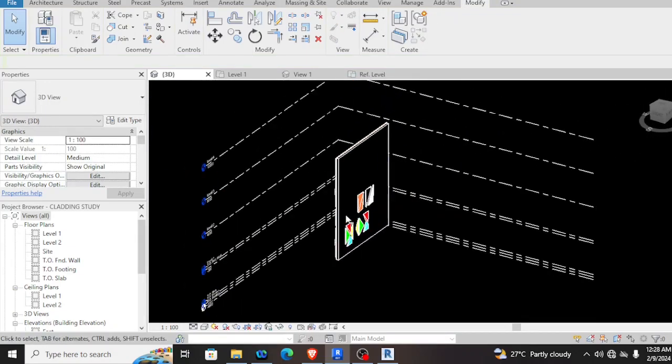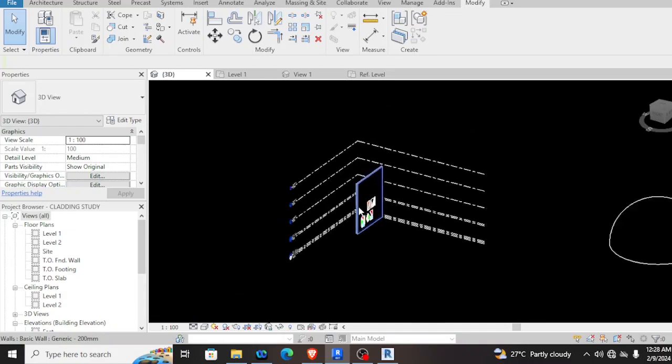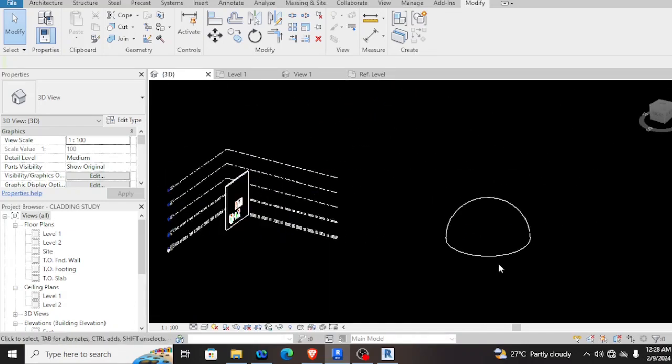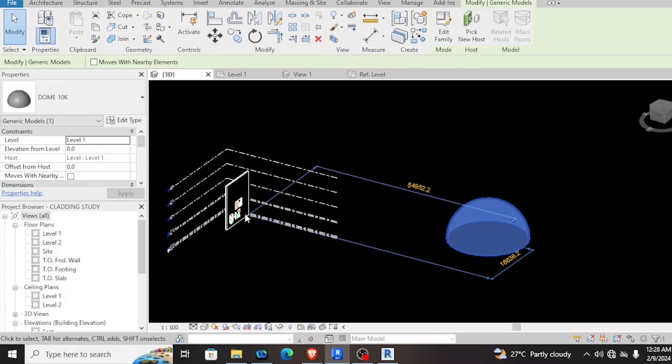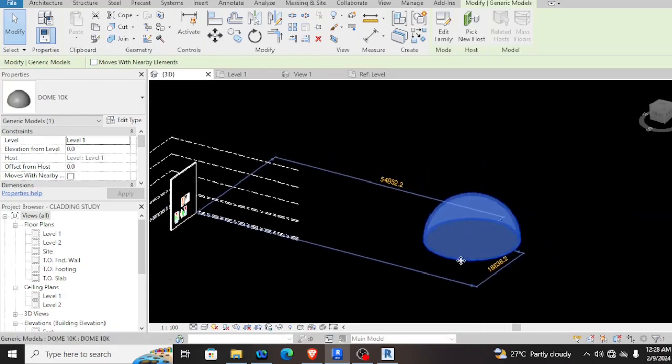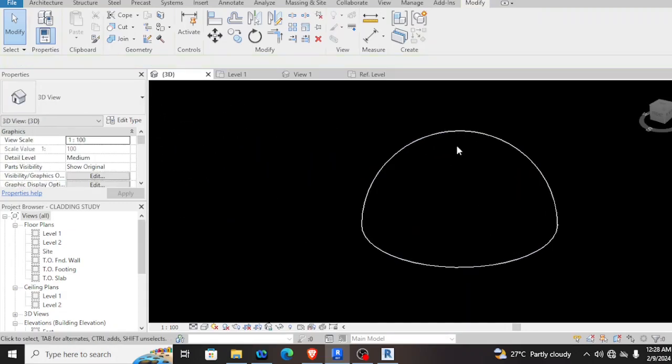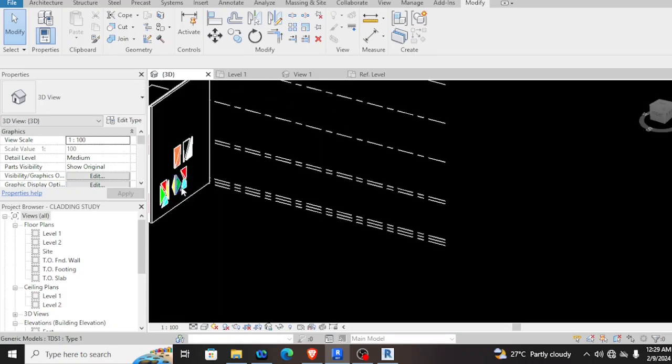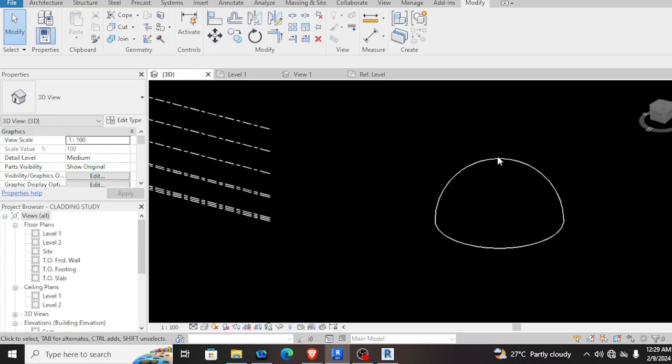Also, the next video that I want to show you is how to make a dome. A dome with Revit families that will divide this dome. We will divide this dome and put a triangular shape like this one. And we're going to divide this dome for a terracotta or glass project.